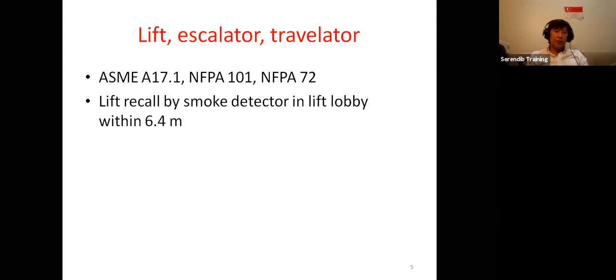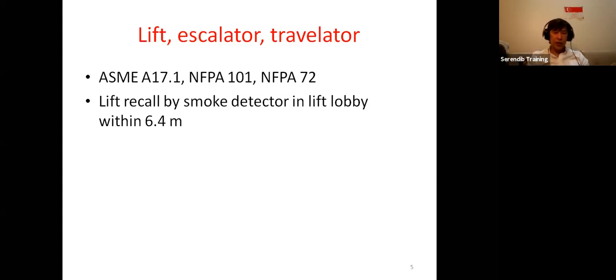This is also another example where cause and effect for the lift, escalator, and travelator is covered in NFPA 17.1, 101, and 72. You'll be surprised. Very often when we talk about these lifts, escalators, and travelators, we quickly jump into one particular code, which is 72. Yes, NFPA 72 covers the fireman operation and other than that. But you also need to have a look deeper into 17.1